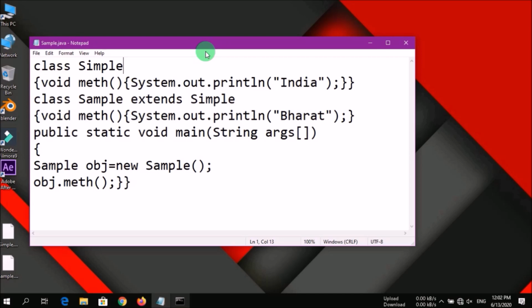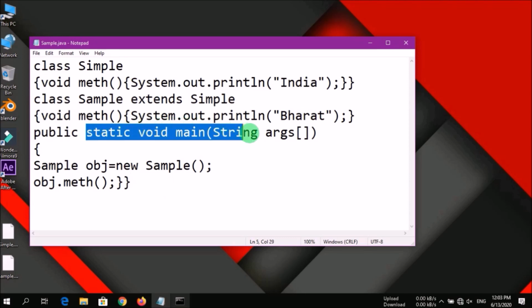And one more thing, method overloading supports overloading a static method also, which means you can overload the main method. While using method overriding, you cannot do this, which means you cannot override the static main method.